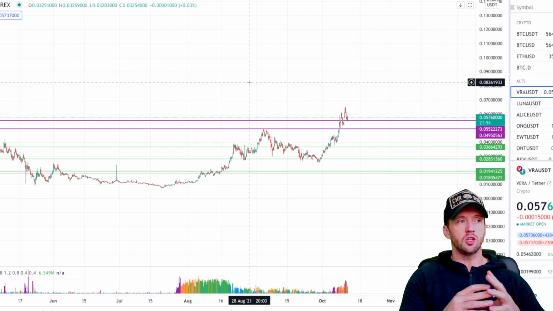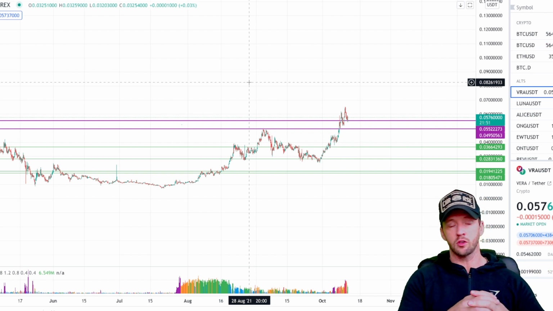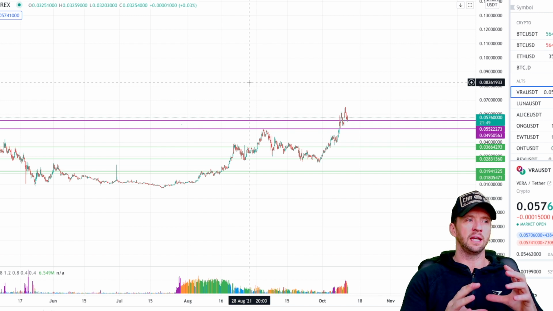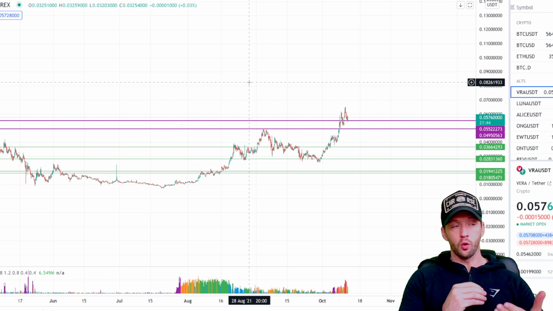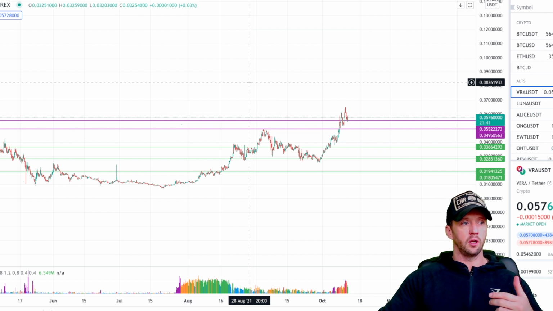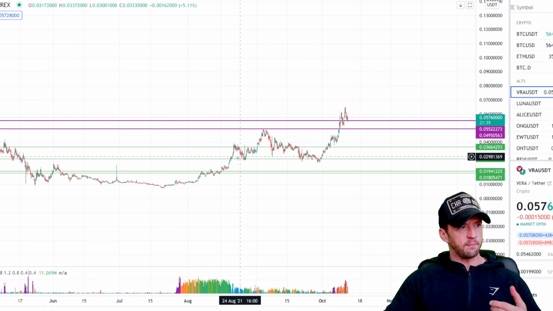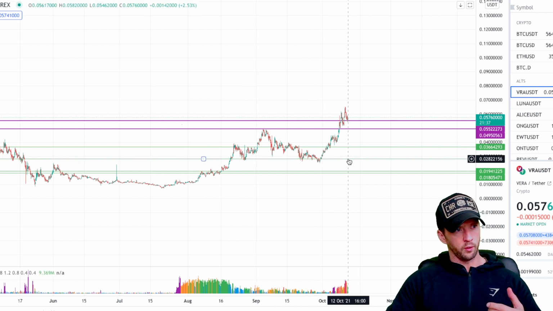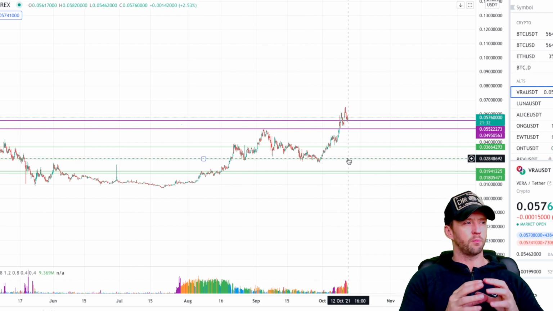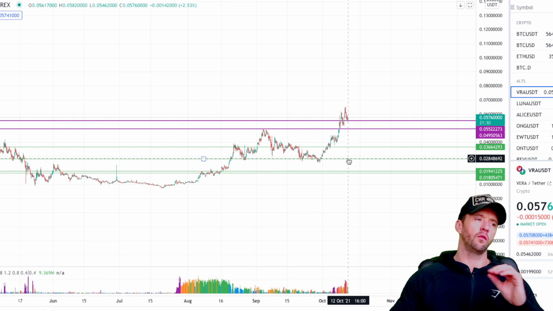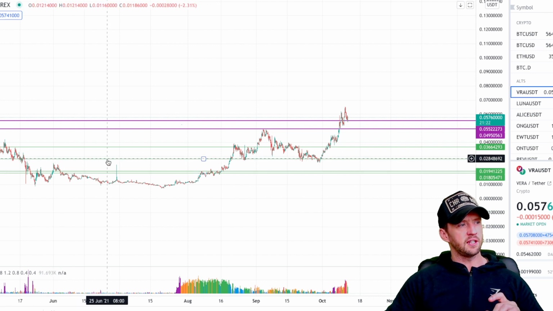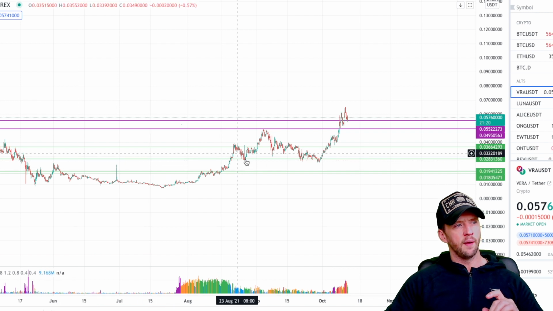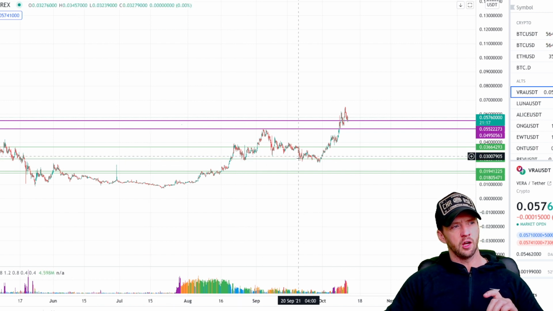It's not guaranteed you're going to make as much as I did on it, because I got into this token really early. But what you are going to make on this is a clever way of using something like Qcoin, looking at these kind of levels where VRA has always bounced. If you have a look at this strong one that I put down here, the 2.8 cents mark is a massive psychological platform for this token. You can see it happened all the way down here when it was having the crash before, and this is where it's nearly peaked to. And you can see it's had a lot of action here, a lot of action here, and a lot of action here.